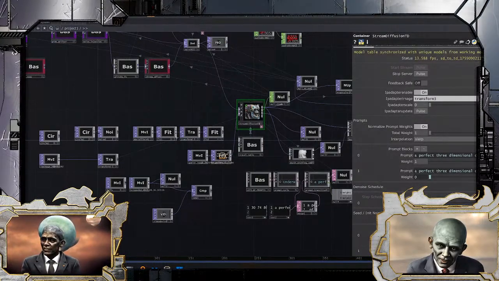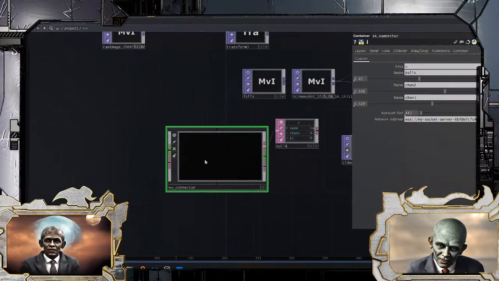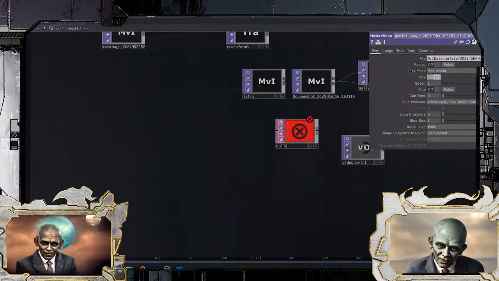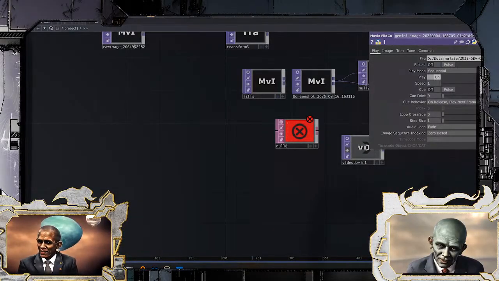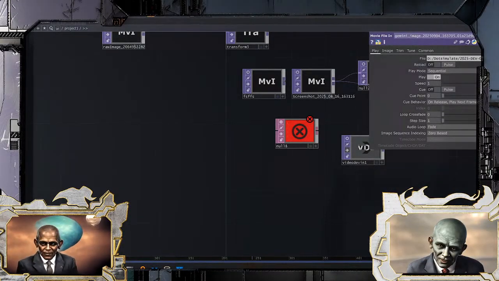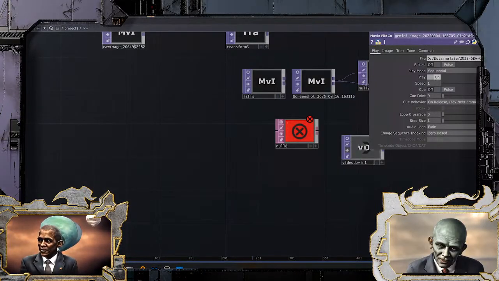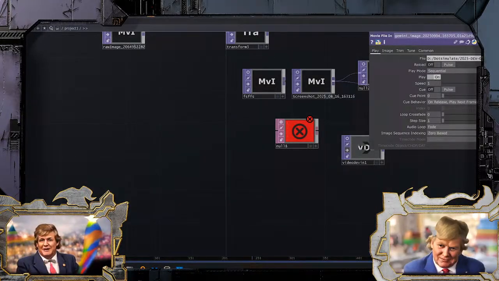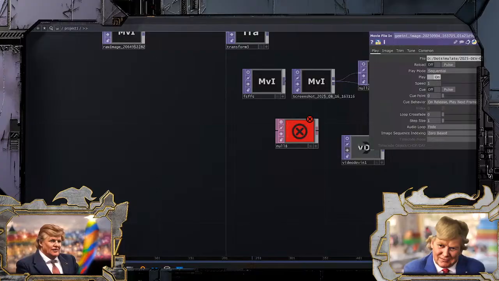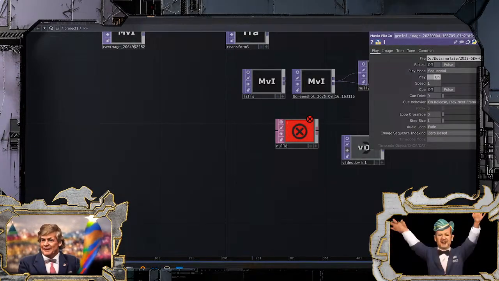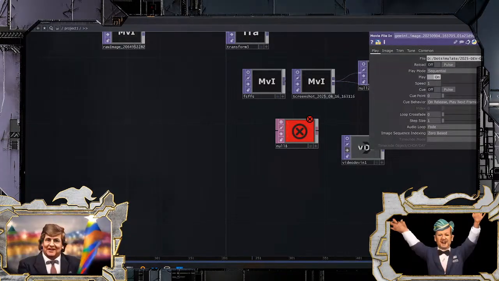Yeah. So I opened this TouchDesigner project and it stole my webcam. Let me fix that. Oh, Chrome is angry.